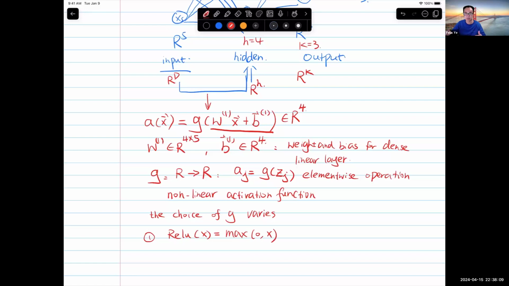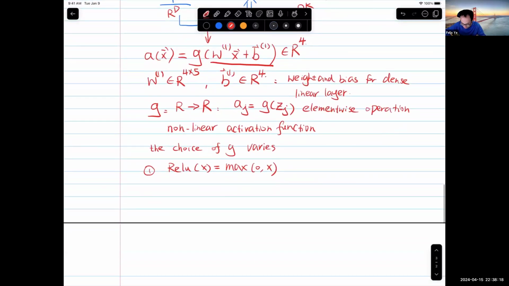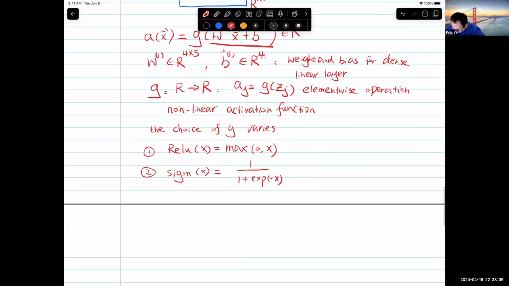If x is smaller than 0, the output is 0. If it is bigger than 0, it's x. Number two, you can use the sigmoid function, which is 1 over 1 plus exponential of minus x. Or you can use the hyperbolic tangent,